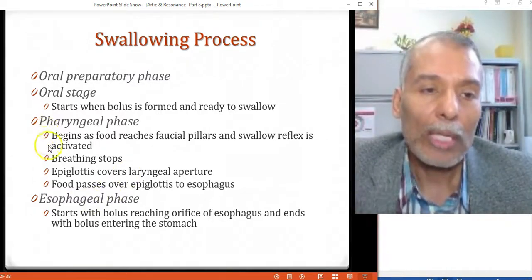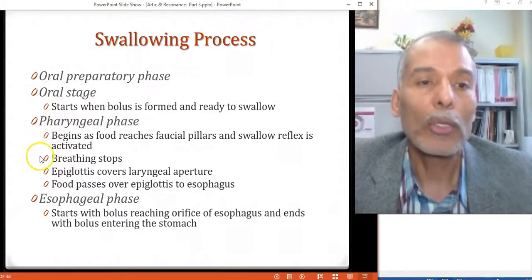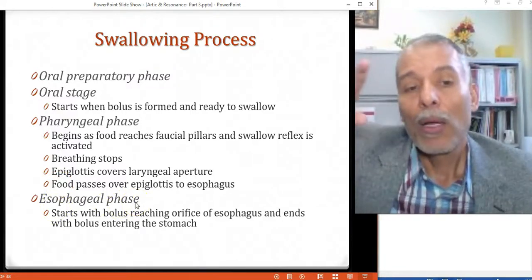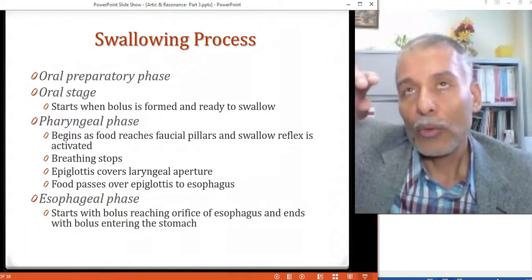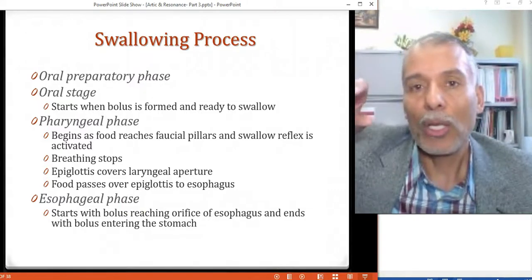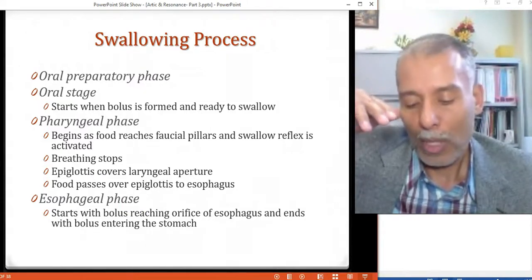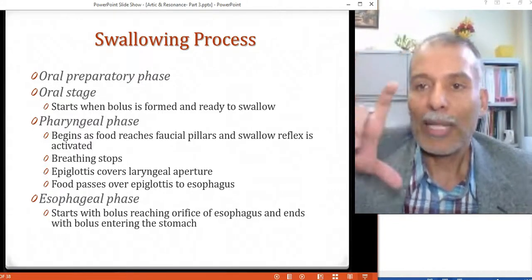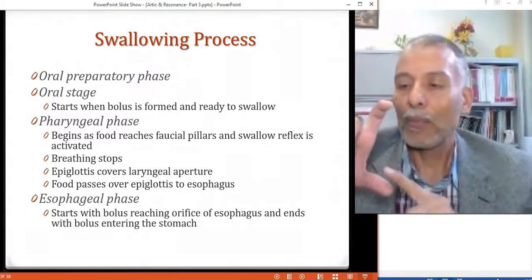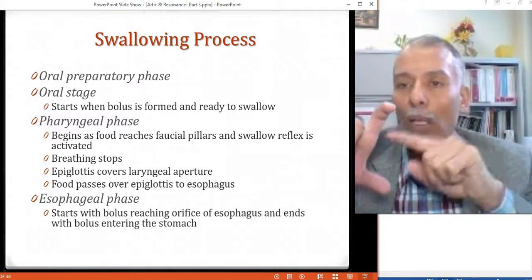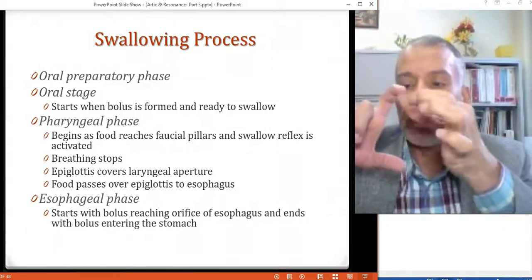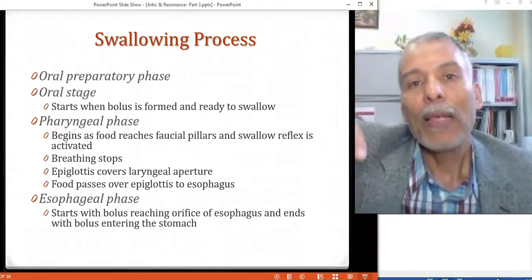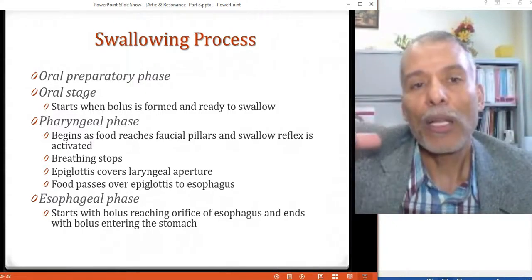So I'd like you to know the steps of these very important phases of swallowing. And then in the esophagus, once the food enters or passes through the cricopharyngeus muscle and into the esophagus, that is where the esophageal stage begins. And the food is propelled through peristalsis in the esophagus until it passes through the lower esophageal segment,